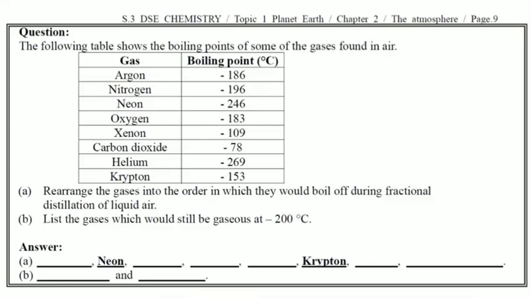The following table shows the boiling points of some of the gases found in air. Rearrange the gases in the order in which they would boil off. 咩叫 boil off？即係由 liquid 變做 gas。Then, list the gases which would still be gaseous at negative 200 degrees. 而家自己試下做呢一個。